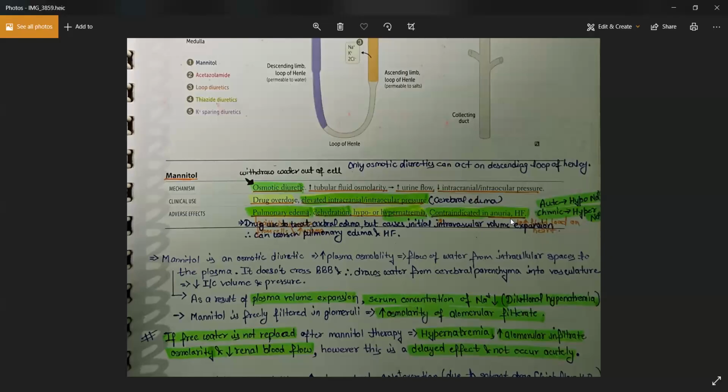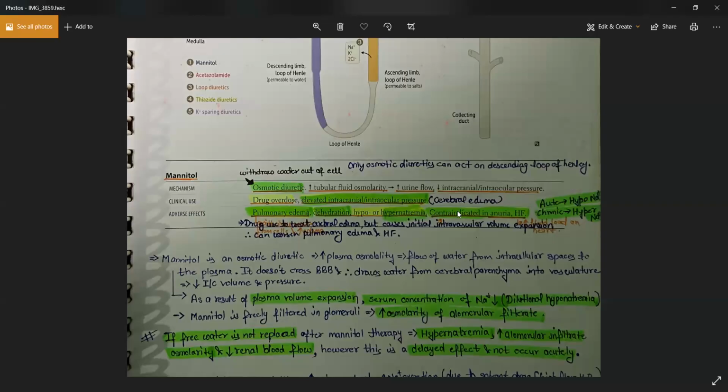It is contraindicated in anuria, in the condition where the patient cannot micturate. You cannot give the patient this drug. It will put an unnecessary load on your heart, then it can cause heart failure. You cannot use this drug in a heart failure patient, because it will increase the intravascular volume, which puts extra load on the heart, and you won't need that. So you cannot use it in heart failure also.